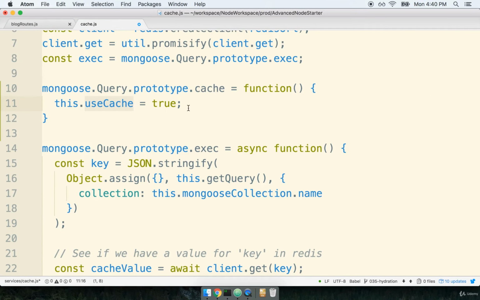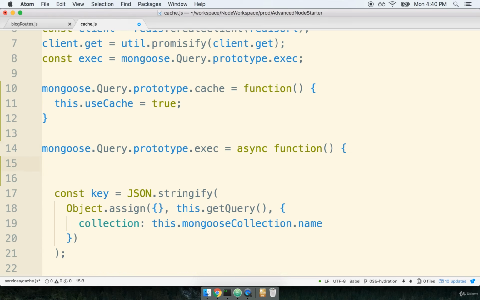Now the property name of useCache, I just made up off the top of my head, just to be clear. So we can call this useCache, or we can call it underscore cache. It's totally up to you, whatever you want to call it. Now we're setting this property on this inside of the cache function, but because the same query instance is referenced from both this cache function and exec, because remember, these are both functions that exist on a single query instance, then over inside the exec function, we could reference this property by just writing